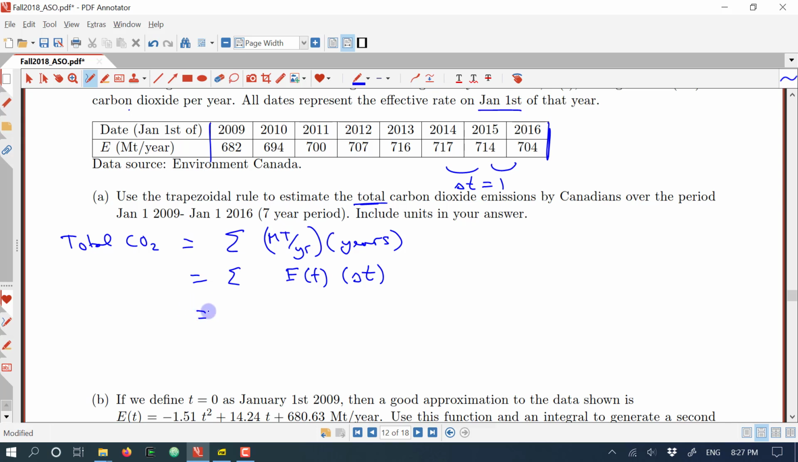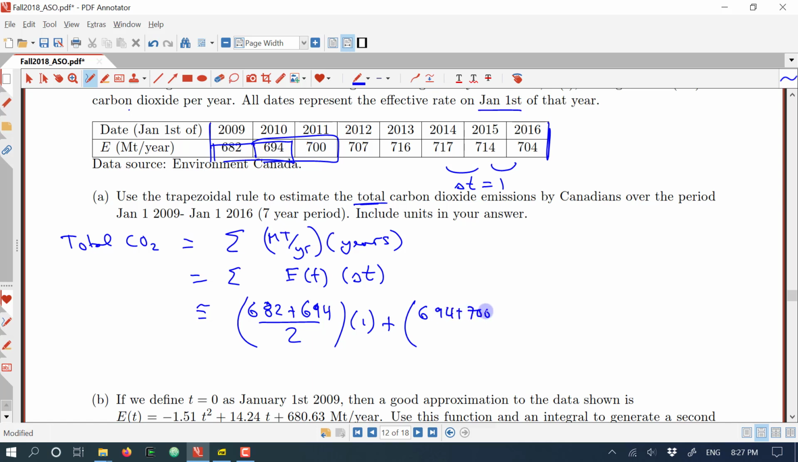So if we're looking for the approximate value from the Trapezoidal Rule, it says take the average of your two rates. So here are 682 and 694. Divide that by 2. That'll be the average rate of output, and that's over a time span of 1 year. And then we do the same thing again for the 694 and the 700. What's a good approximation of the output over this whole year? Well, let's take the value at the start, the value at the end, and average it. Averaging just means adding and dividing by 2